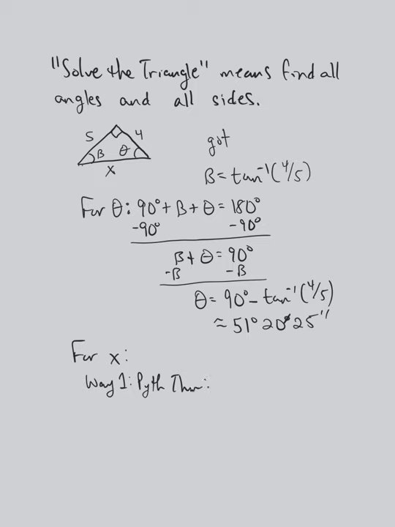For the Pythagorean theorem, x is the hypotenuse. So we have 5 squared plus 4 squared is equal to x squared. So we have 25 plus 16 is equal to x squared, and that would be 41 is equal to x squared. We're going to take the square root of that though. So we get x is the square root of 41, and the square root of 41 is approximately equal to